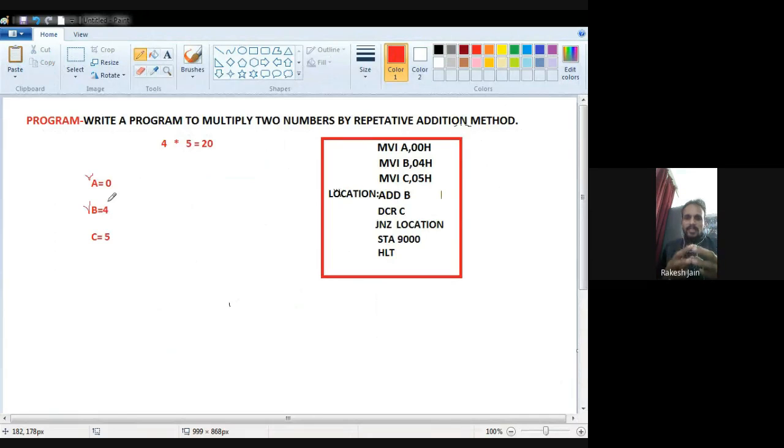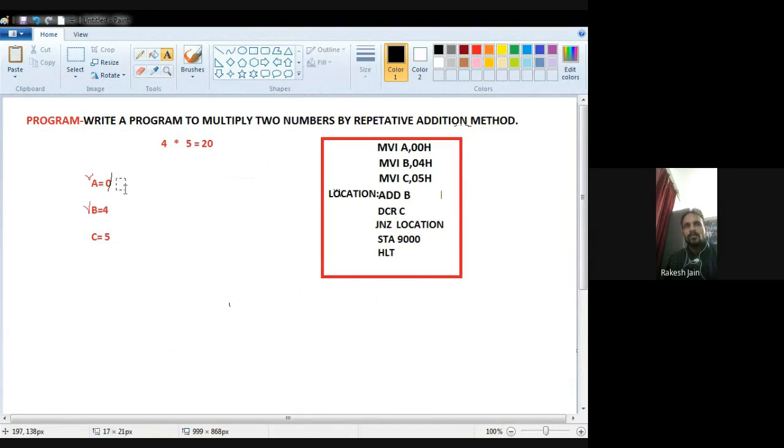Now the next instruction is ADD B. The meaning of this instruction is add the content of A with the content of B. If the content of A is 0 and the content of B is 4, just add them. So 0 plus 4 is equal to 4.